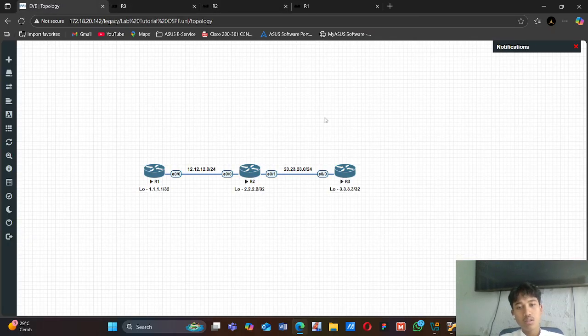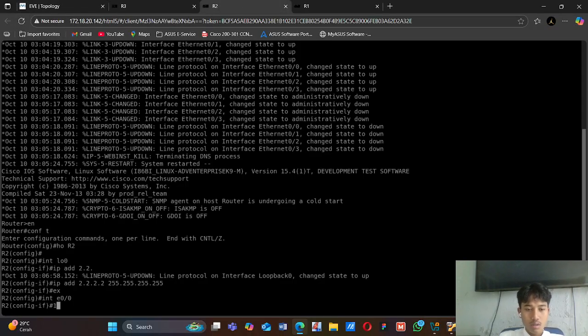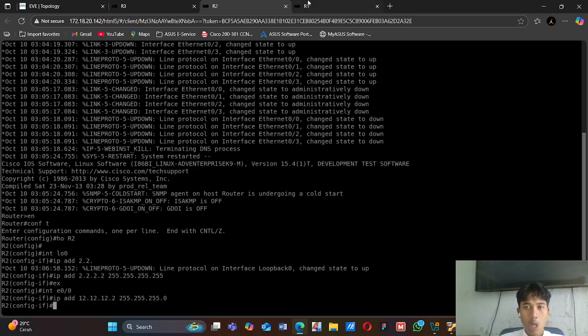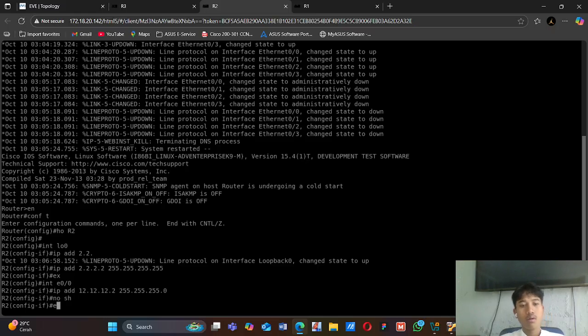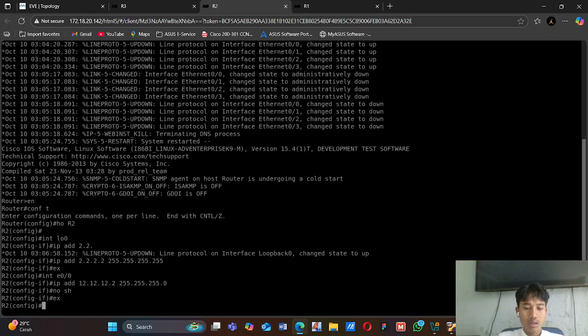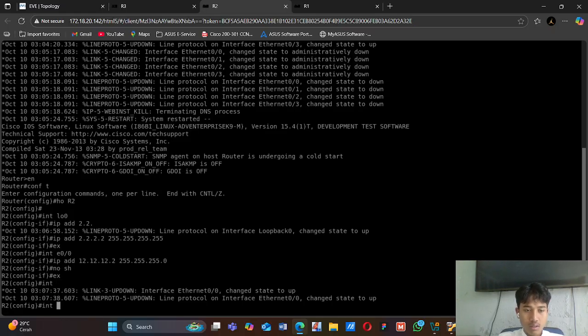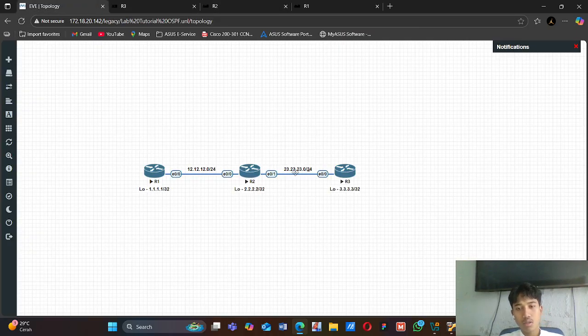This Ethernet 0/0 connects to router 1, so we will add the IP address, IP add, and then using /24 also. Then no shutdown.